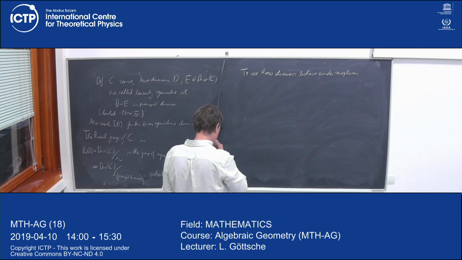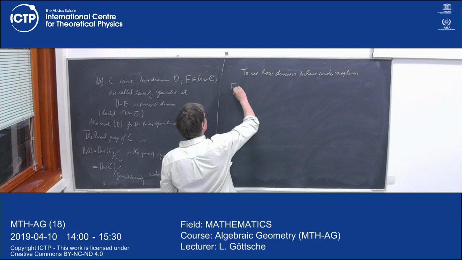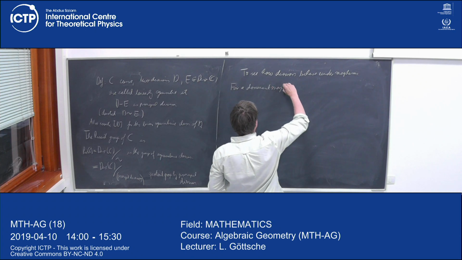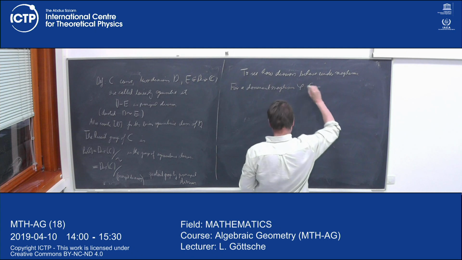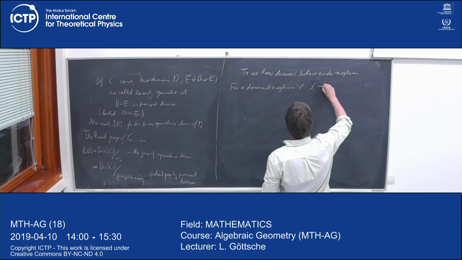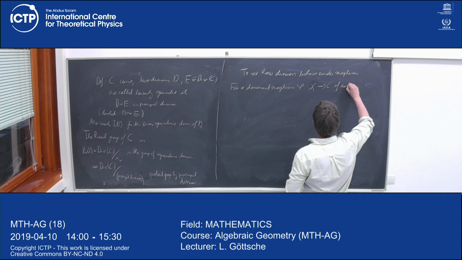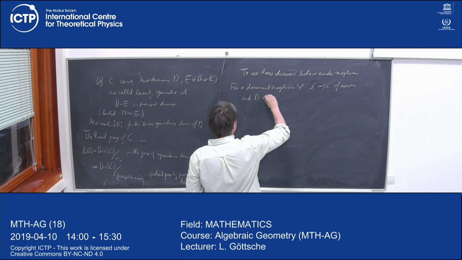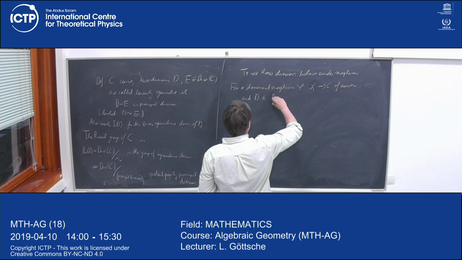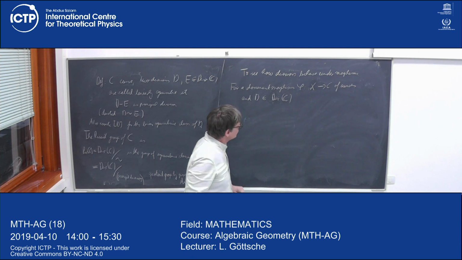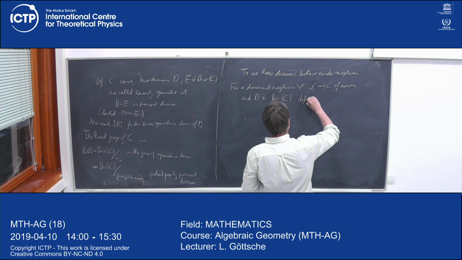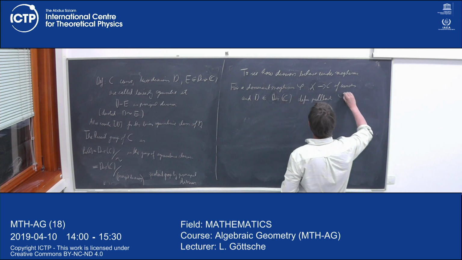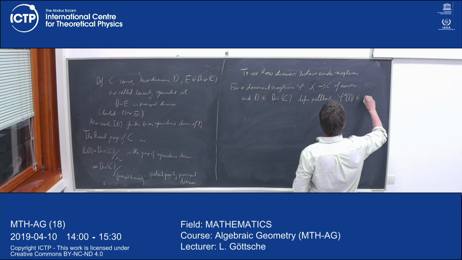So that is for a dominant morphism phi from X to C of curves, and D a divisor on C, we define the pullback phi star D, which is a divisor